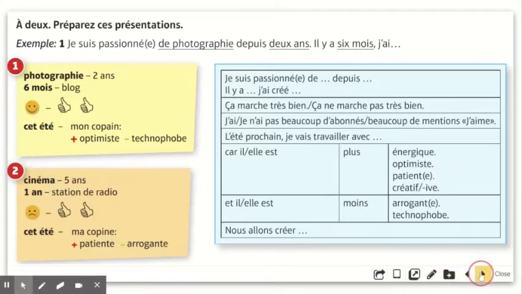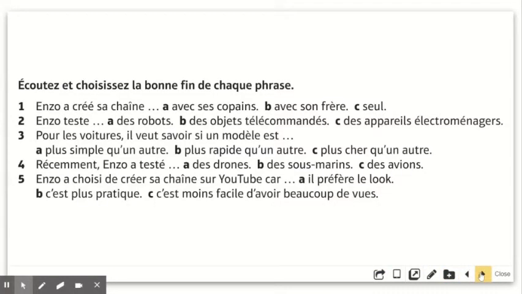The next activity is a listening activity. In this video, I will insert an audio file so that you can listen and answer the questions. This is a straightforward type of question. It's multiple choice. So it has some starts of sentences, and for the end of the sentence, you have to decide which is the correct ending.